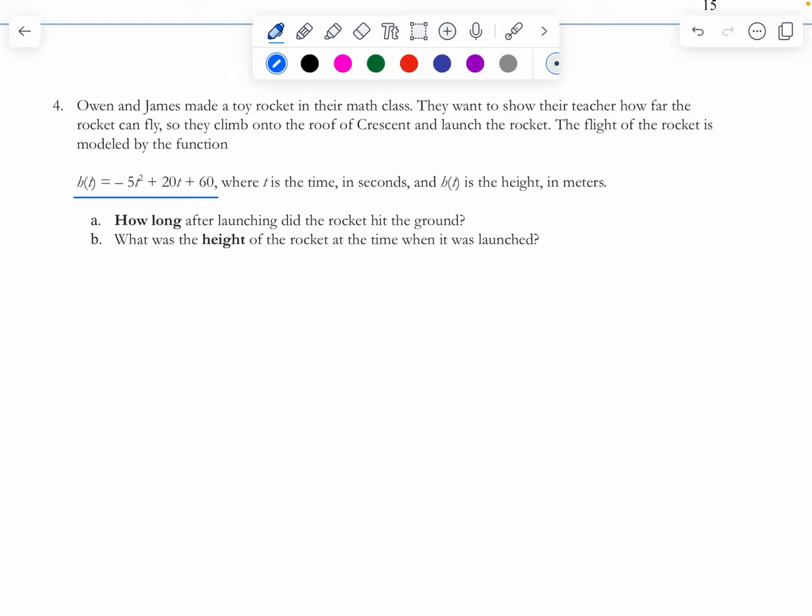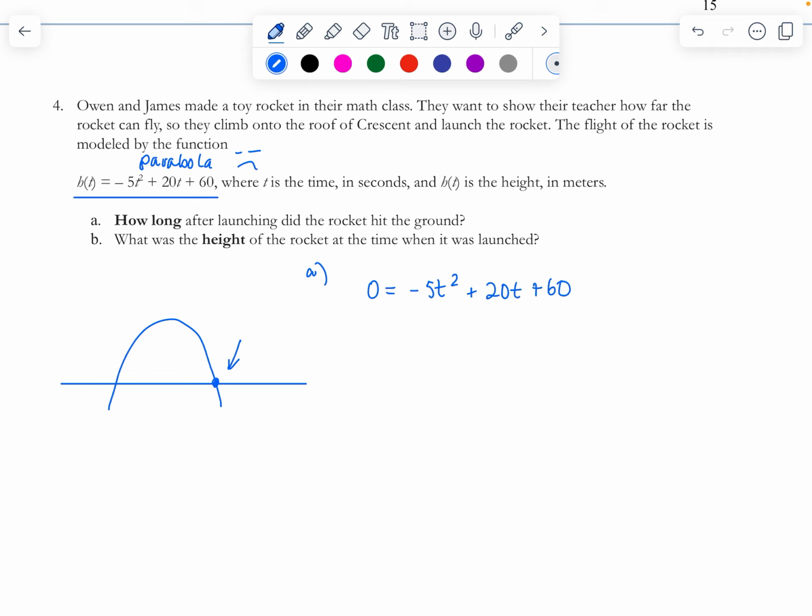So it says, how long after launching did the rocket hit the ground? Now, I know this is a parabola. I know it's facing down. So I know it's going to have a shape that looks like this. So basically what it's asking me is where does it hit the ground, aka it's asking me where the zeros are. So when I get this function, I could use polysolve, or if I factor out the negative 5,